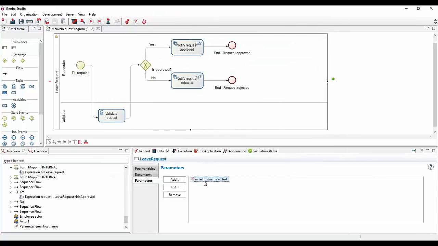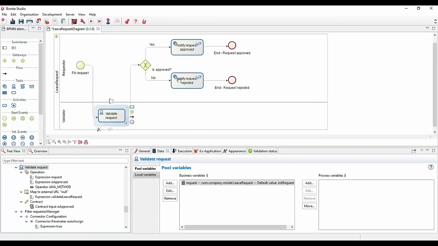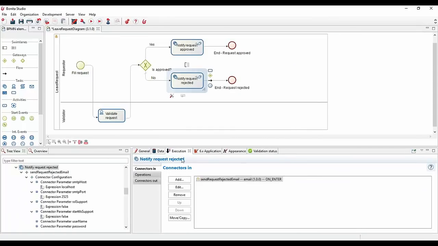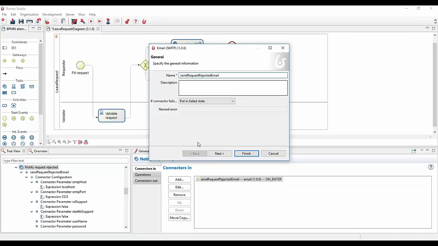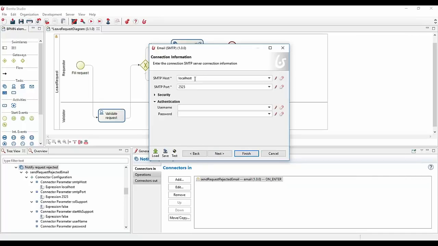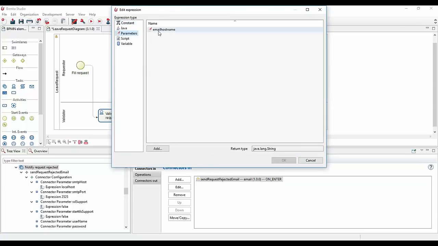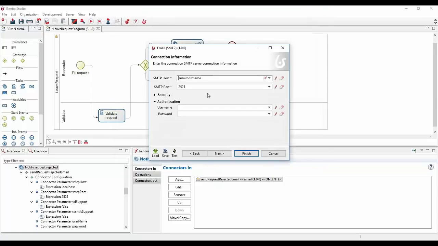And then this can be used directly from your connectors so that you decouple it. You don't have something hard-coded in the inputs. Here we have it, localhost. We don't want this, right? We want to make sure that we can use something more flexible. So we'll be using the parameter. And then this is a reference to the configuration of your process.